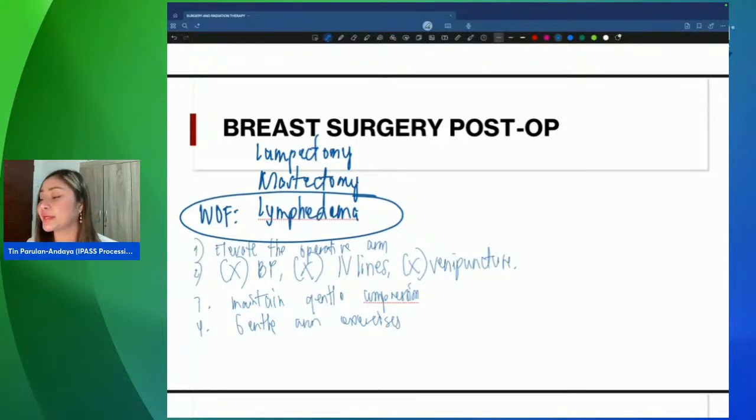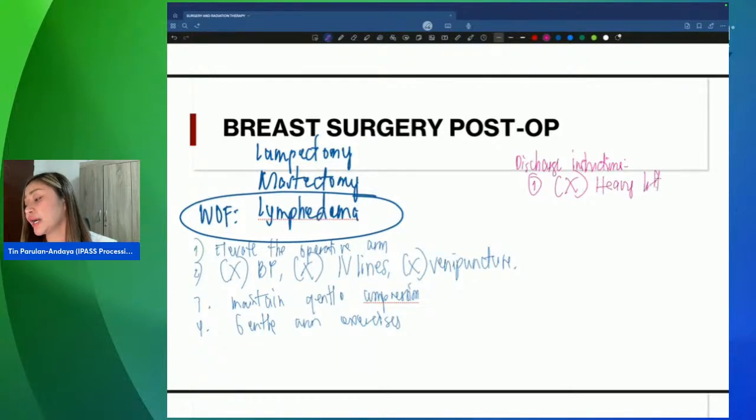How about if the patient is for discharge? Of course, it's very important to focus on the discharge instructions. What are you going to instruct your patient during discharge? Instruct your patient: no heavy lifting. Anything that is heavy is considered a big no-no. And how do you consider that it is already heavy lifting? Nothing over